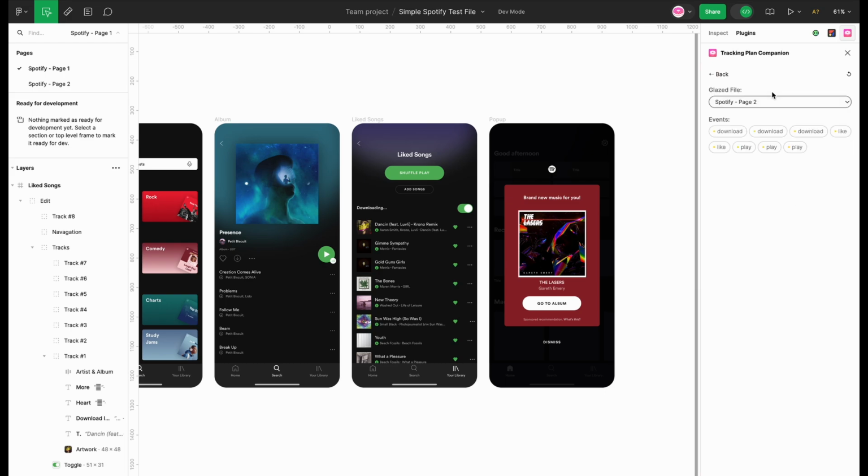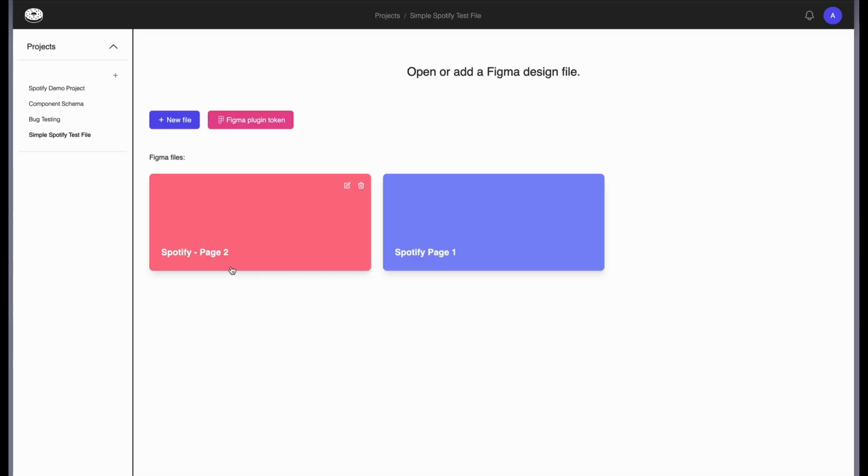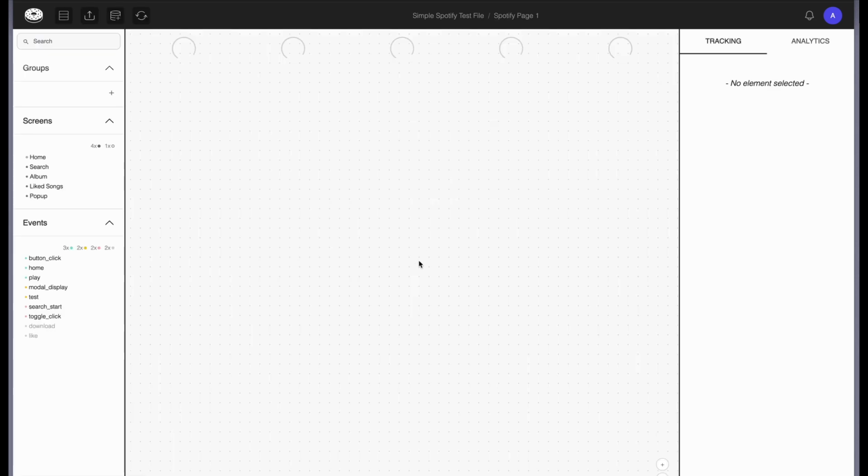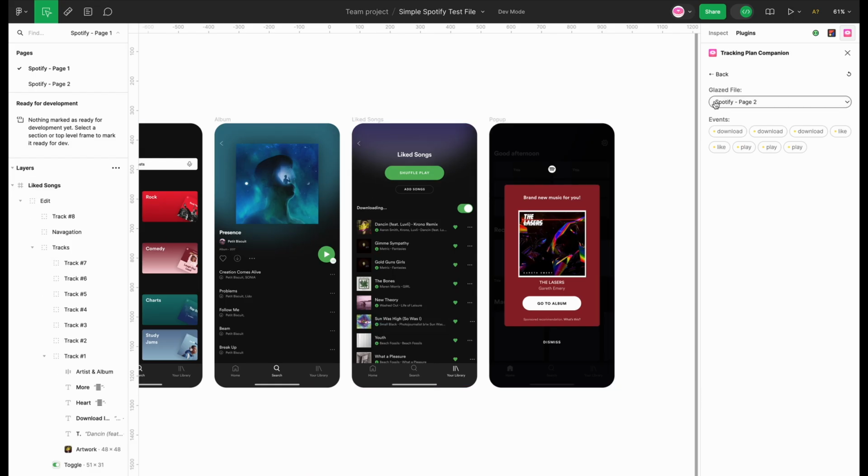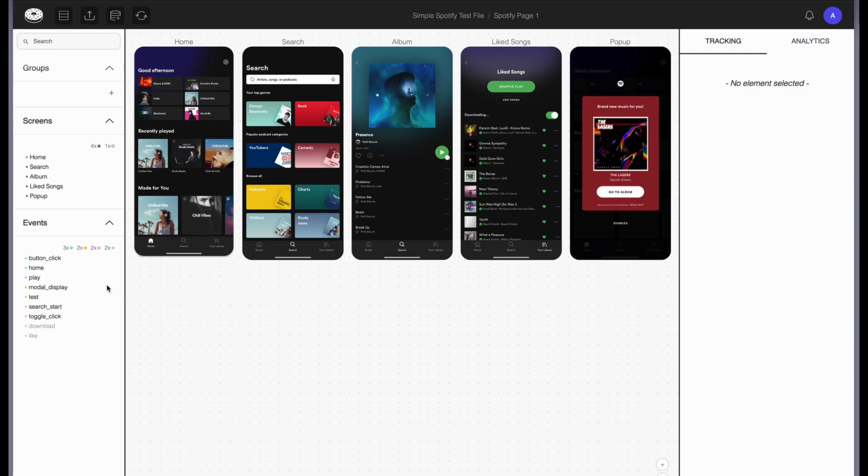You will now see a drop-down menu with the two files names matching your Glazed files. In this case, we want to use page 1, so it matches the page we're working on in our Figma design file. You can now see the overview of all events in the file, which matches the linked events inside